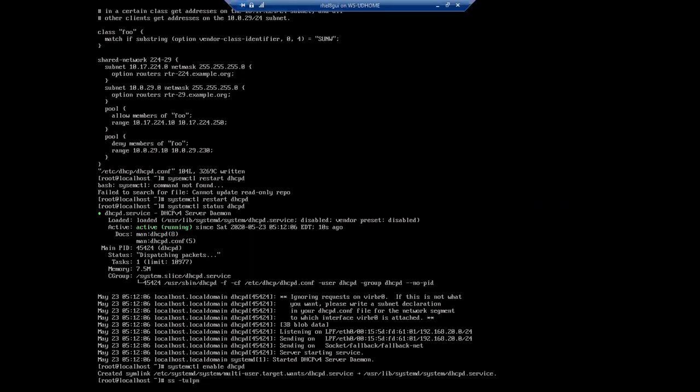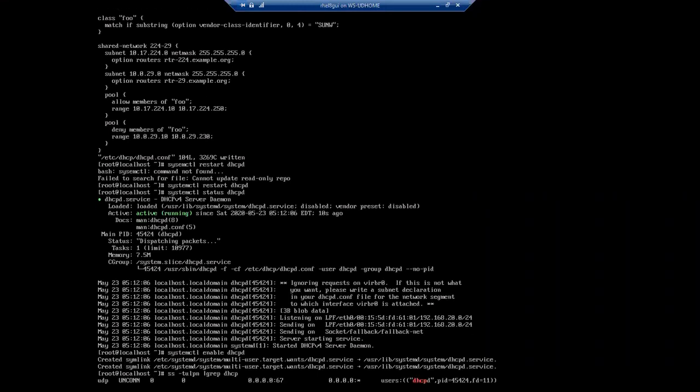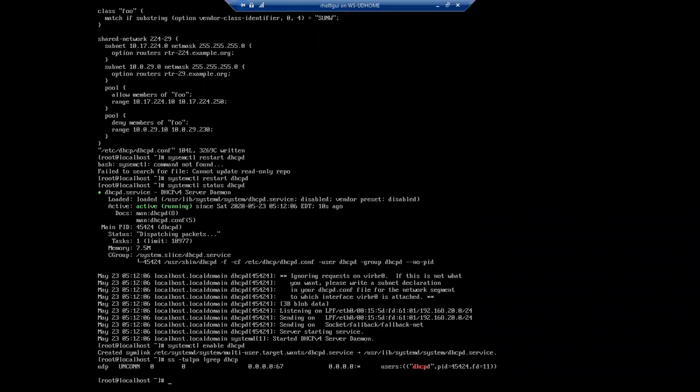ss -tulpn | grep dhcp. As we know, the DHCP server port number is 67 and the client port number is 68. So on the client machine it is 68 and on the server machine it is 67. We can see that yes, it is running. Or one more command, you can use netstat -tulpn | grep dhcp.